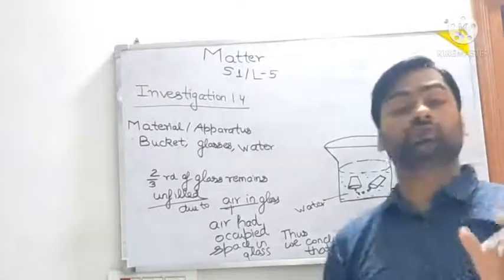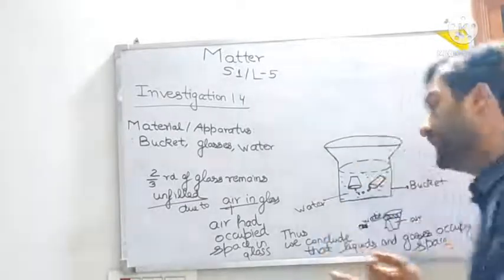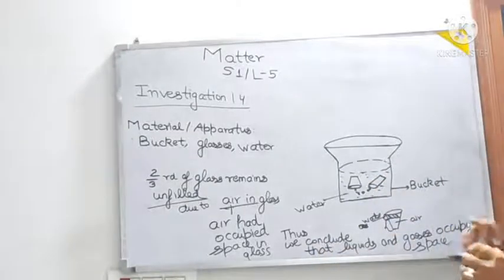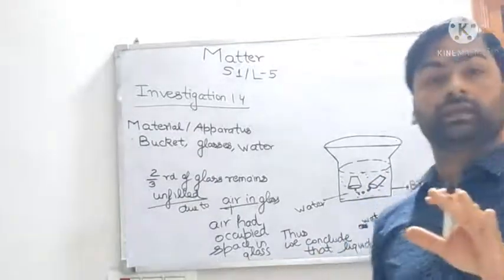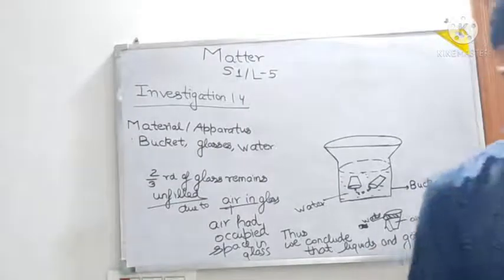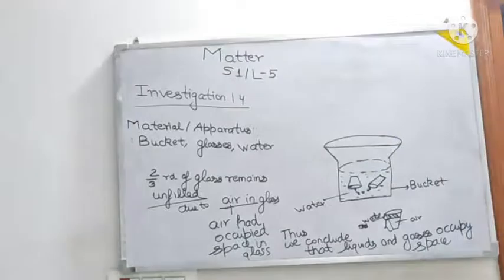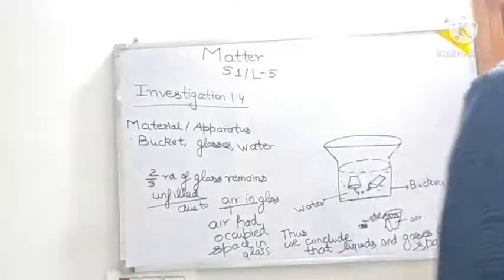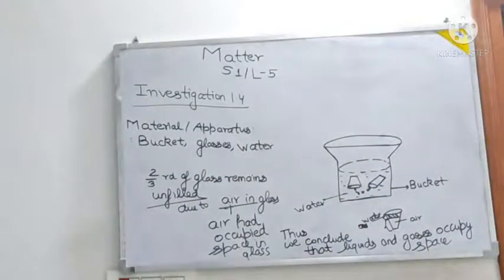So whatever air was there in the first glass, that we have taken where? In the second glass now. So the second glass which had already some air will now have more air. And this only concludes that liquids and gases occupy space. So this thing is clear here. And then there are general conclusions regarding investigations. See, after all these investigations only we are going to a conclusion about what exactly the pattern of things should be.